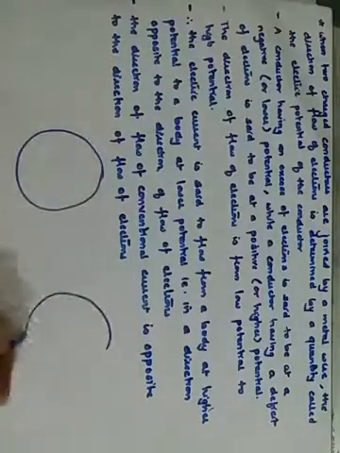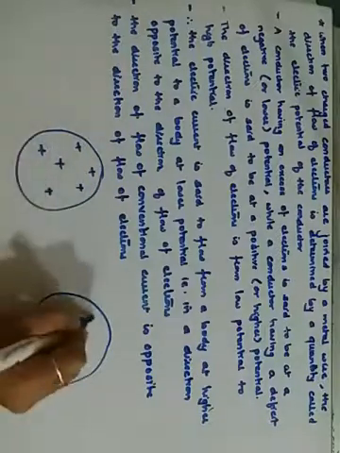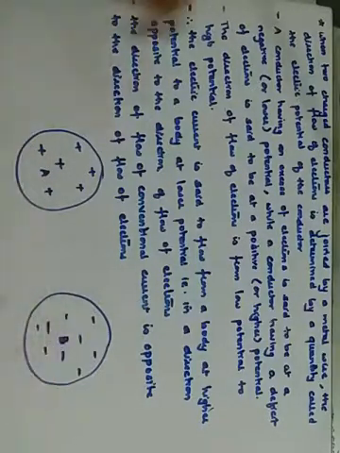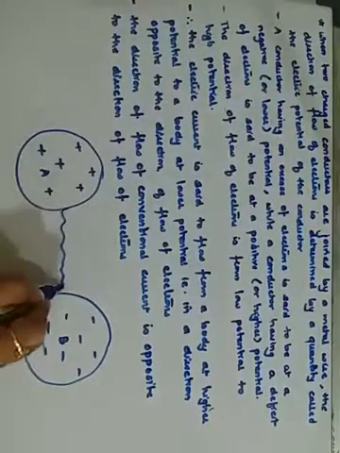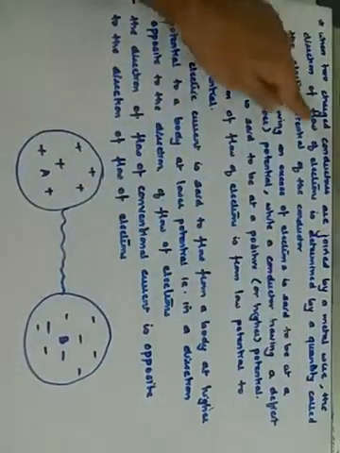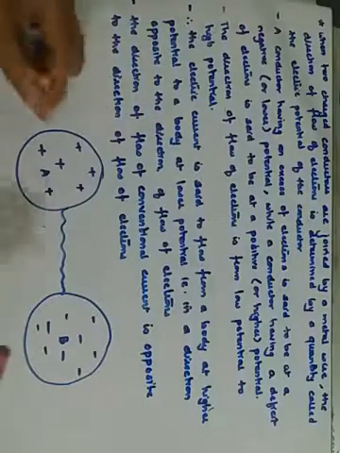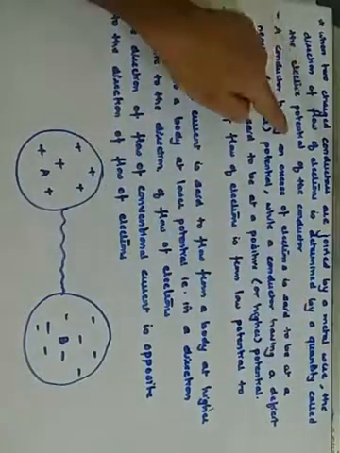So that is why when two charged conductors are joined together, when two charged conductors 1 and 2, this is your positively charged, suppose, and this is your negatively charged, suppose. Okay, A and B. So when two charged conductors A and B are joined by a metal wire, चलो connect कर दिया, are connected with each other, the direction of the flow of electrons is determined. Means is known to us by using a special name or terminology or a special quantity which we call it as electric potential of the conductor.